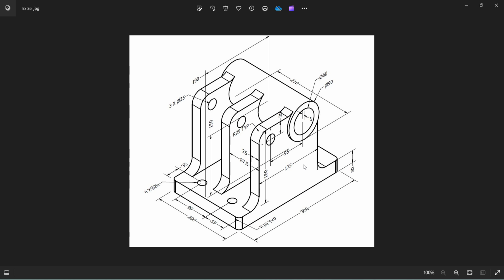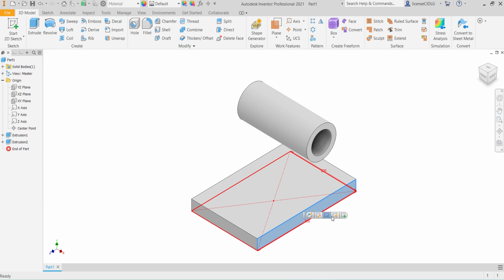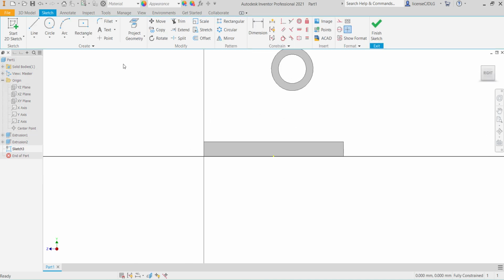Next, one flange side. That dimension is overall width 175 mm. Height is 180, thickness is 25. Select this surface, sketch, select line,